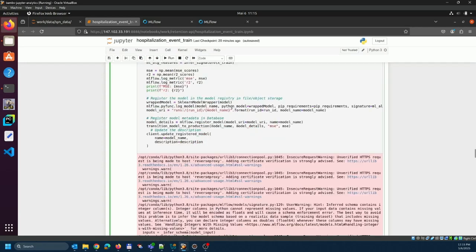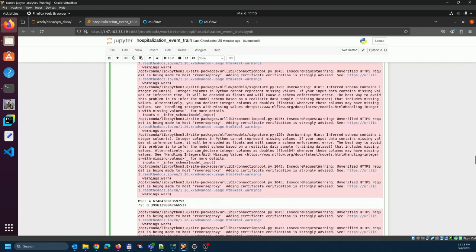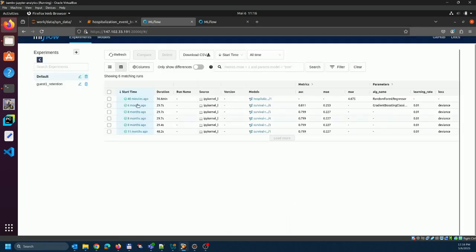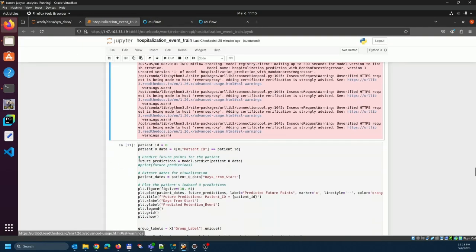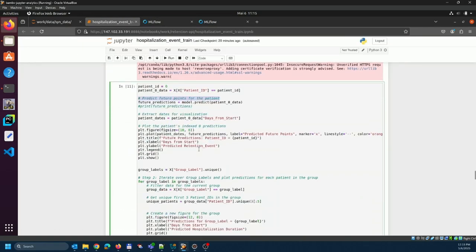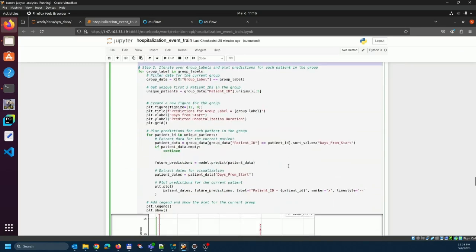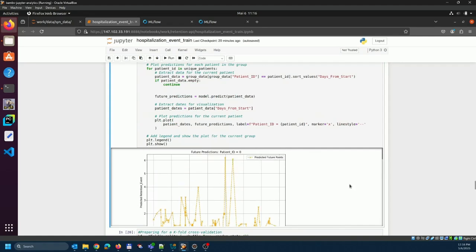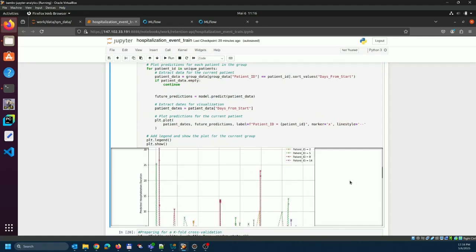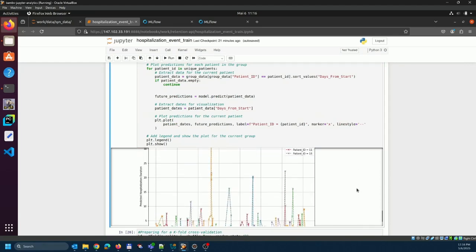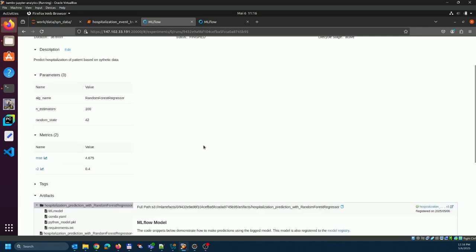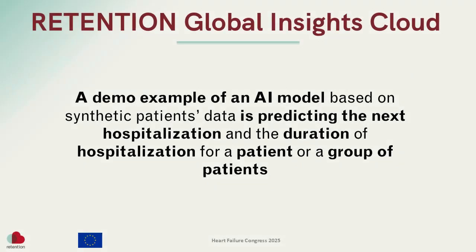Key performance indicators like mean squared error and R squared are logged into MLflow for quality tracking. The data scientist who supports the healthcare researcher in this task writes code to generate predictions for future hospitalizations. Results are visualized in clear, insightful charts, ready for clinicians to review. Finally, model parameters and performance metrics are easily accessible in MLflow for ongoing evaluation, ensuring transparency and trustworthiness of AI